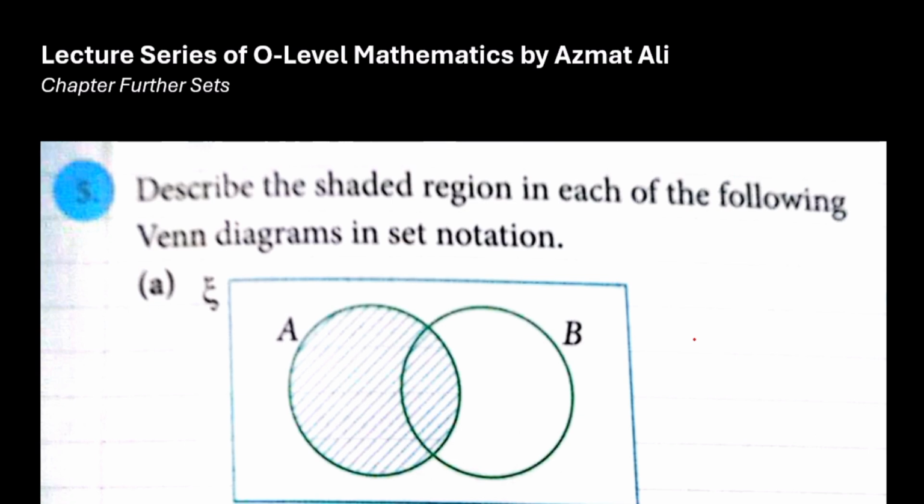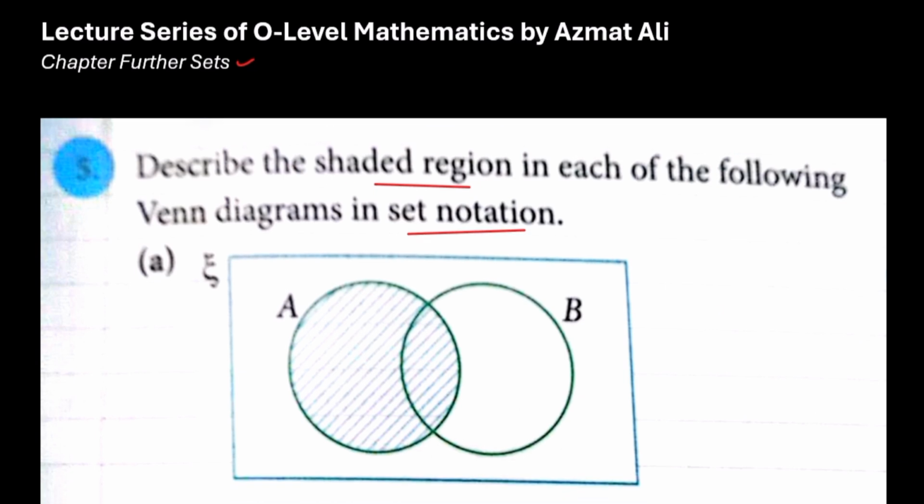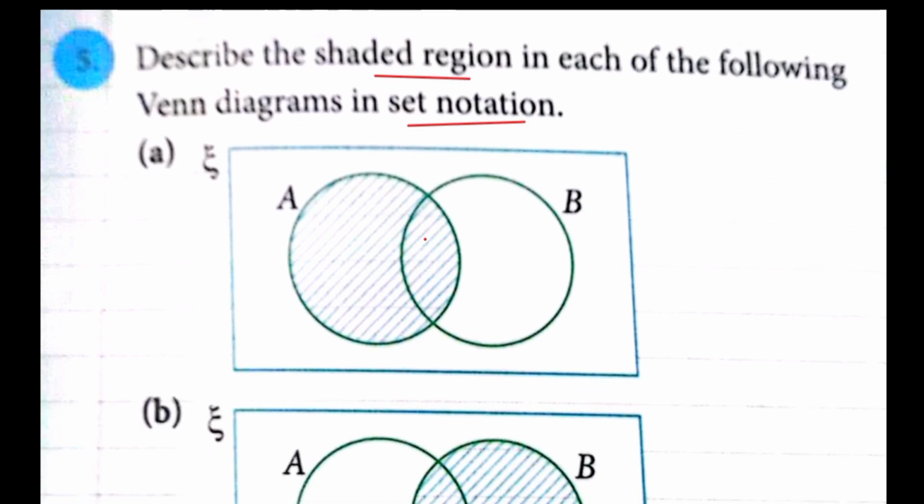Our discussion continues on the chapter Further Sets. So far, we discussed how to shade the Venn diagram when we have a set notation. But in today's lecture, we will describe the shaded region, when we have a given Venn diagram and we have to write the corresponding sets. For example,